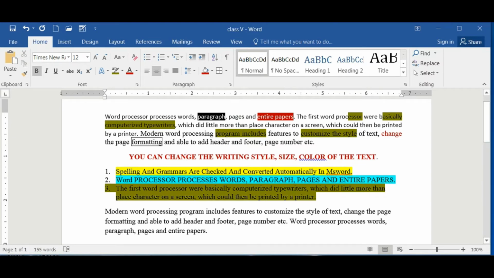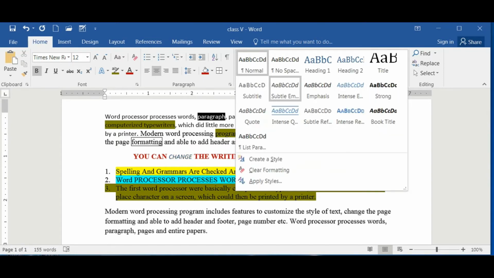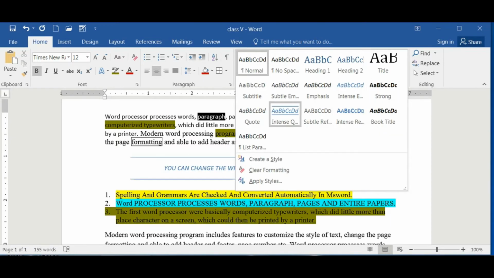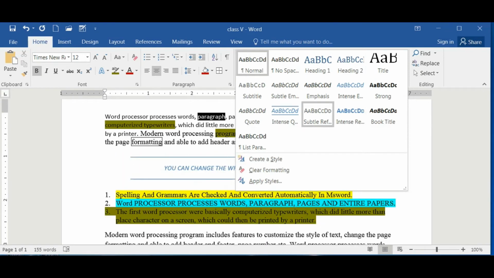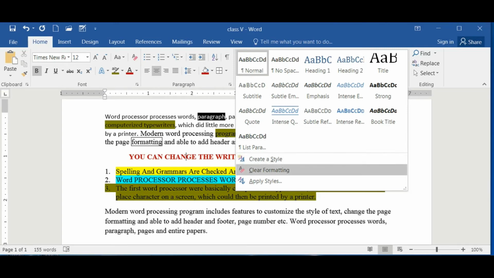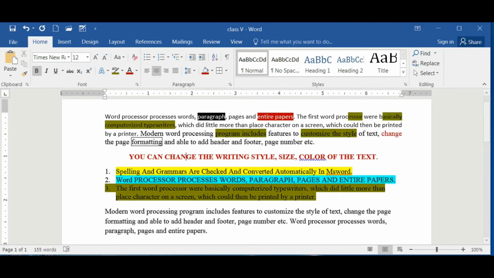Styling means we are giving styling to a selected thing, that means selected text. Okay, you can make it like this, heading, and heading should be highlighted in this way. You can see the changes. So this is nothing, it is just giving the styles, and clear formatting is also there if you don't want that style, and you can change it. And in the editing area we have talked about what is the select, and next one is called find.